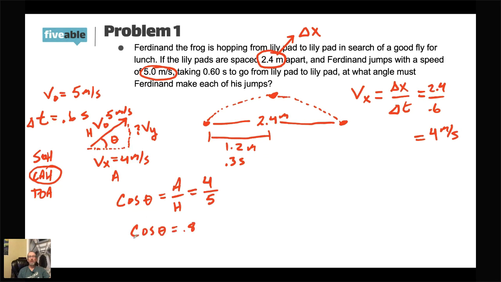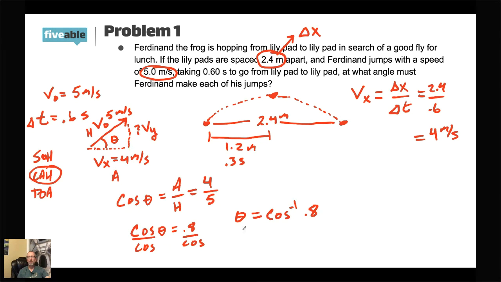But in order to get the angle, we have to divide both sides by cosine. Typically when we do that, we use our notation like this, cosine -1. We call that the inverse cosine of 0.8. So let's put that into the calculator. If you have a calculator like this, the easiest way to do it is to hit second and then the cosine button, or you hit inverse and the cosine button. Then we do the inverse cosine of 0.8, and when I do that, I get 36.869